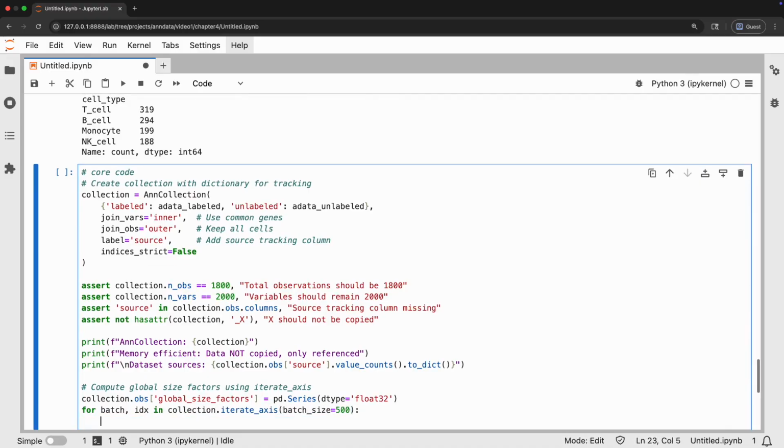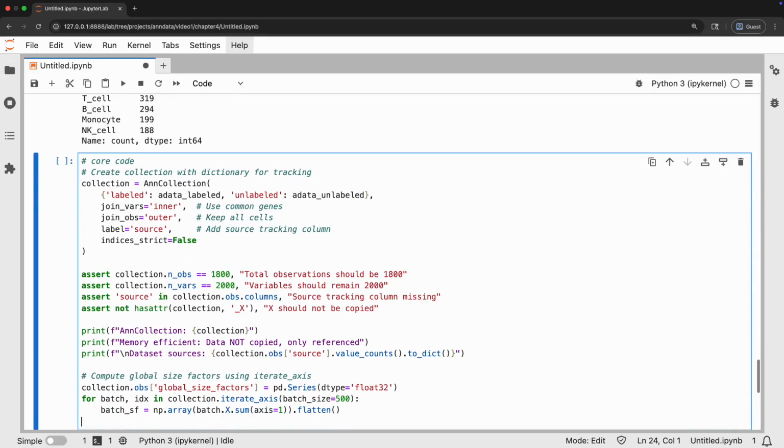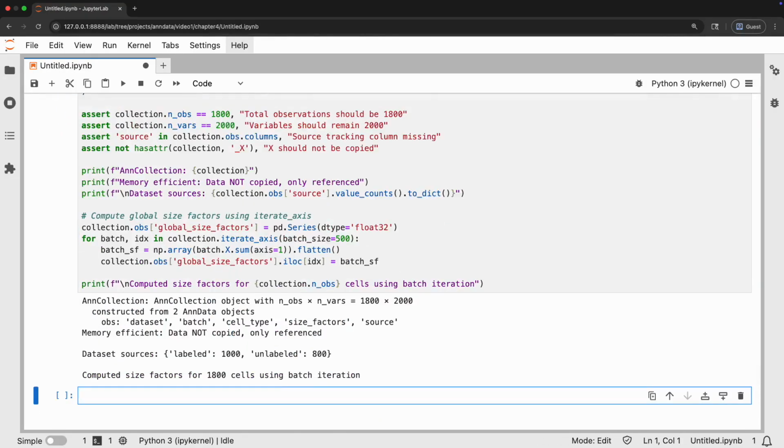We'll also compute global size factors using iterate axis, which allows us to process the data in batches without loading everything into memory at once. Excellent! Our AnnCollection now contains 1,800 cells, 1,000 from the labeled dataset and 800 from the unlabeled dataset,